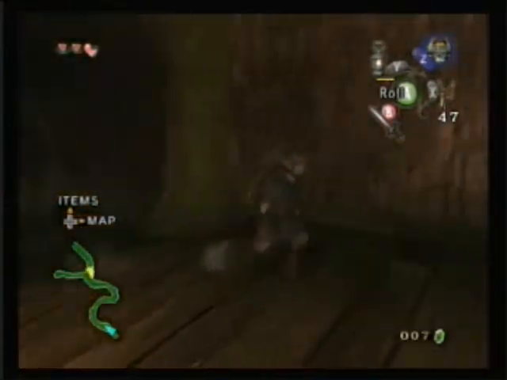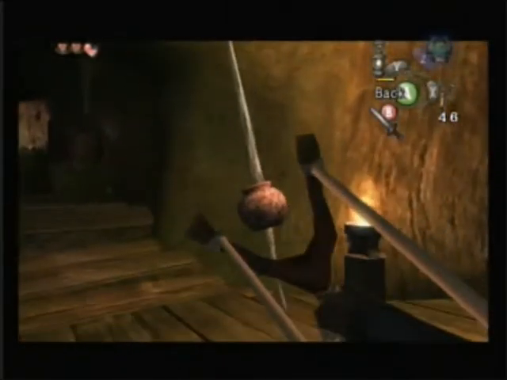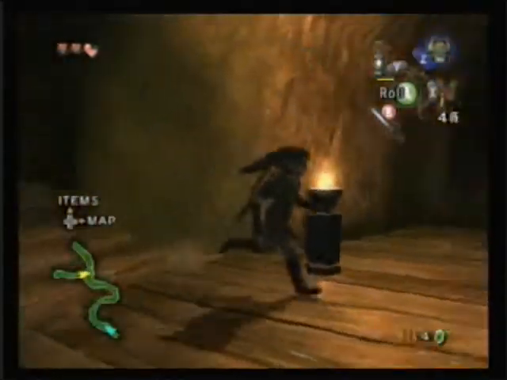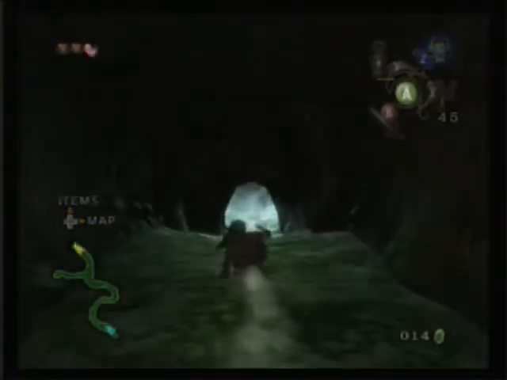Anyway, there's nothing new to do in here. I don't know why I shot these pots here. It's not like we need to grab the rupees. We're going to be getting plenty in the dungeon. But I guess I felt like it. I don't know what my motives were when I was doing this. Oh well. But there's nothing more to do in here, so just run right out of the cave to head